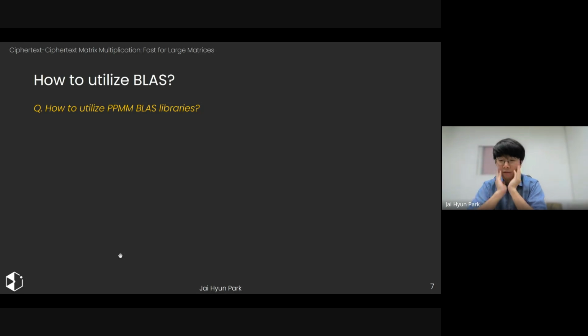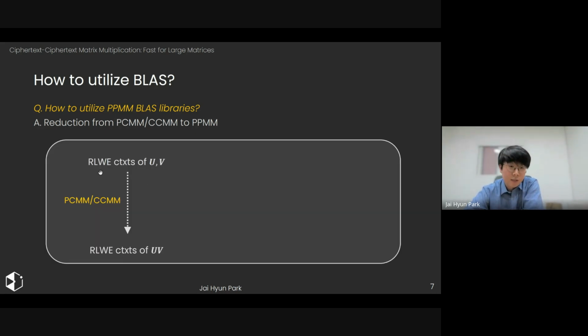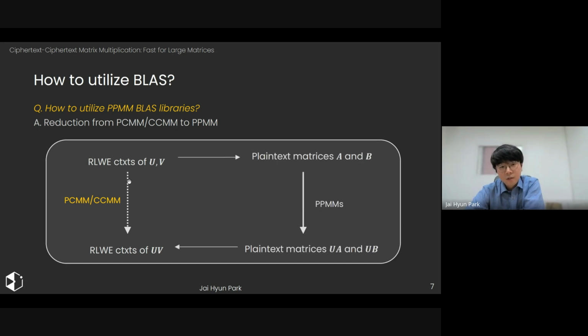This is not straightforward, because BLAS libraries are for PPMM, the plaintext matrix multiplication. So to do that, our strategy is to reduce PCMM or CCMM to PPMM. As I told you, PCMM and CCMM with ring LWE-based ciphertexts are not easy. So instead of doing this directly, we convert the problem into PPMM problems. We convert the ring LWE ciphertext into plaintext matrices,